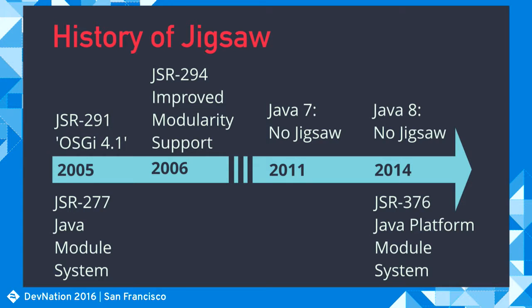Until Java 7, because Jigsaw, as the whole system was renamed, was supposed to be released in Java 7. And there was a prototype, it kind of worked, and people were expecting this would actually end up in Java 7. Up until the point that Oracle bought Sun. And things slowed down quite a bit.